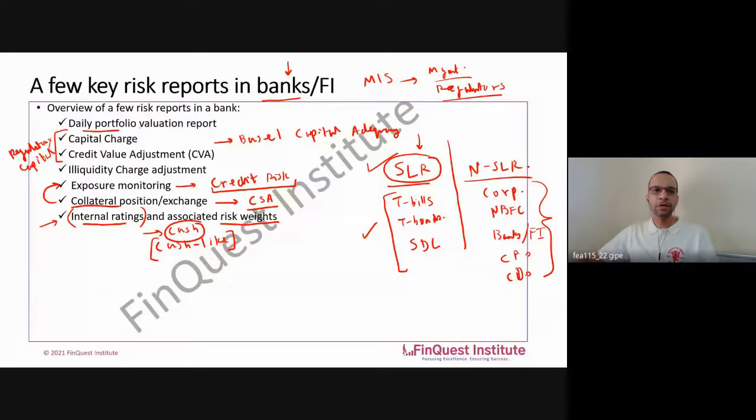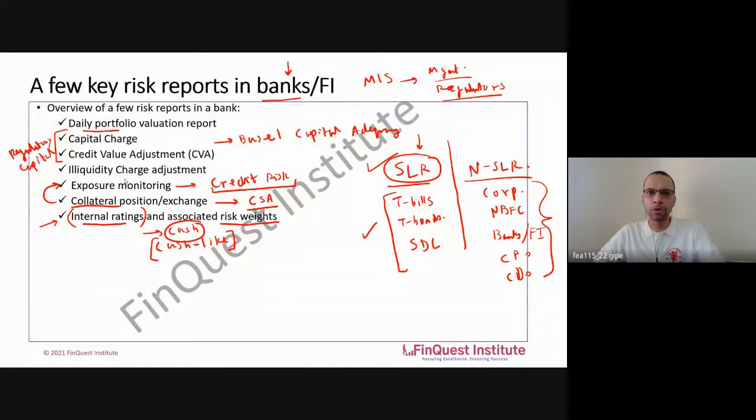But these are a few key reports which you'll observe, which are generated on a day-to-day basis. Of course, there can be a few more, because the regulatory framework is becoming very steep when it comes to the overall reporting side of things. So banks are trying to automate as many reports as possible, because if you compare the number of reports pre-2008 versus now, it has grown exponentially and it continues to rise. So it's a challenge for the banks to keep up with that, because finally if it's a regulatory report, then it has to be prepared correctly.